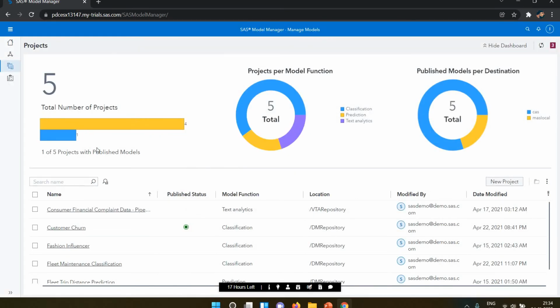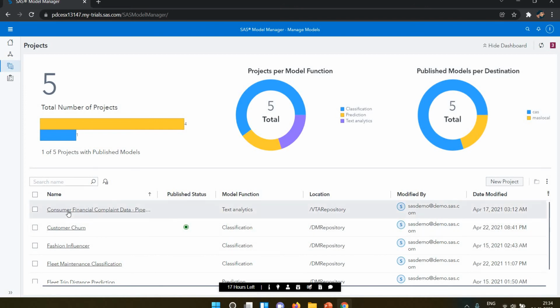In total we are showing one of five published models. And the model function per project is classification, prediction, and text analysis, shown here, along with the published document cache and the mass local.